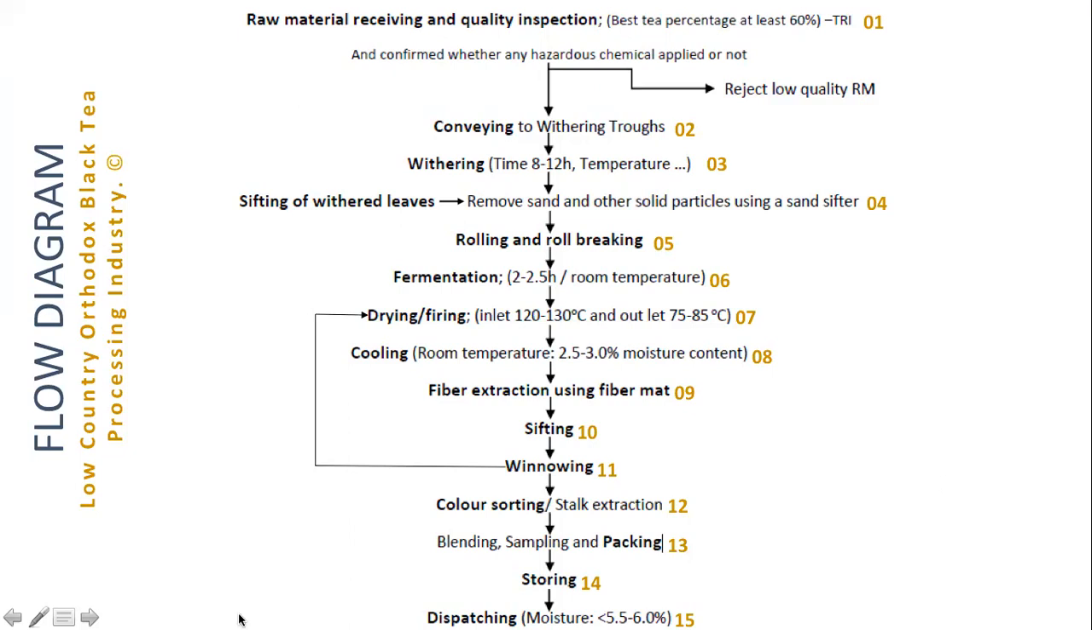You can see the process line of low country orthodox black tea processing. And here you can see the detailed flow diagram, process flow chart. First, raw material receiving and quality inspection, right? Then you can read the steps one by one. There are 15 steps, right? And you can see the limits also, time and tea percentage at 60 best according to the Tea Research Institute and Tea Board. They have developed these standards, and fermentation procedure, how to do it, 2 to 2.5 hours at room temperature,